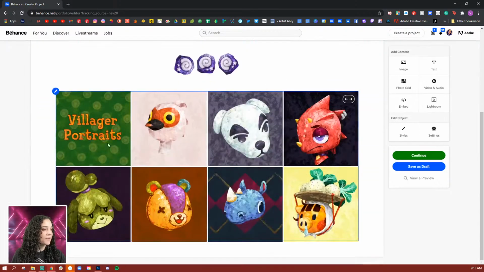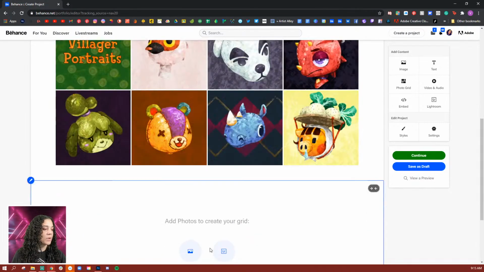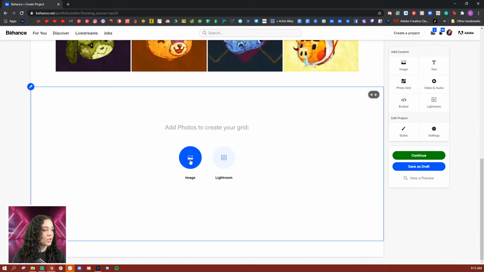And now I have this little segment here that just says villager portraits. So you know what it is. And you've got all the little pictures and you can click on them and whatnot. The next one I'm going to do, I'm going to hit my grid button again. And I am going to do the same thing, but we are going to upload some game items. So let me grab my game items like